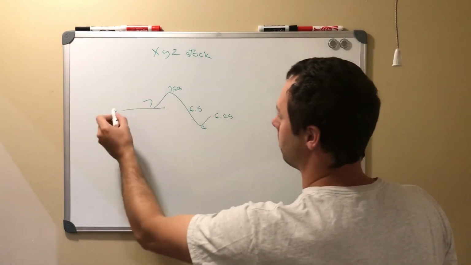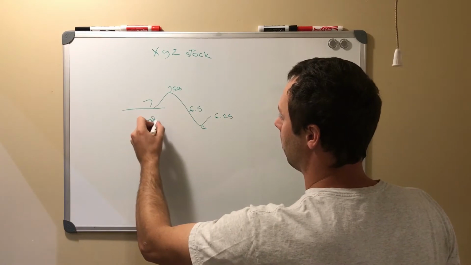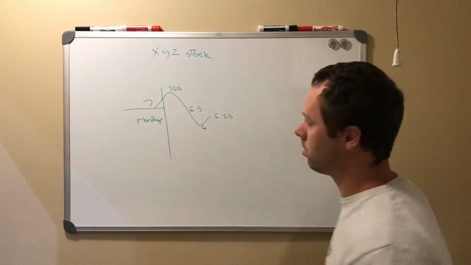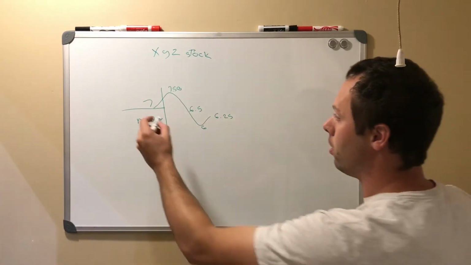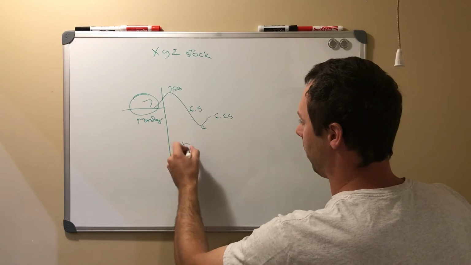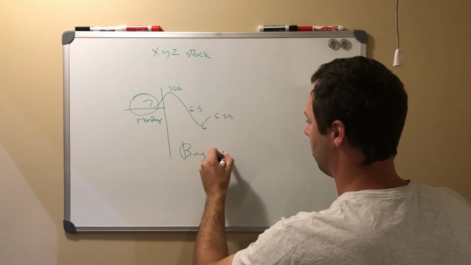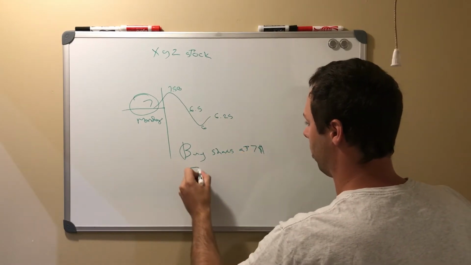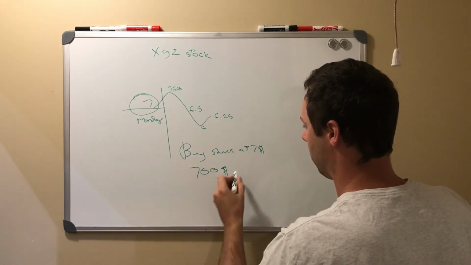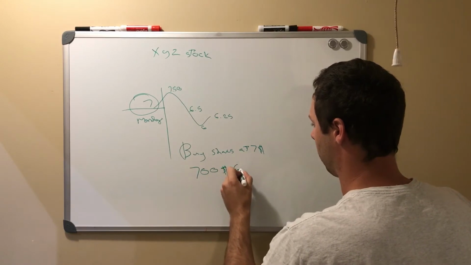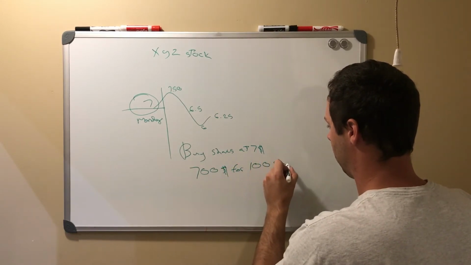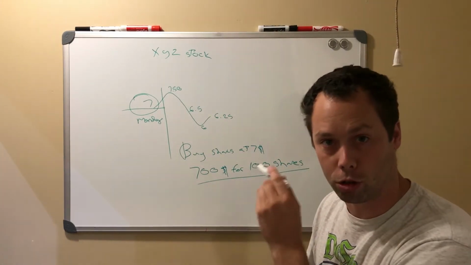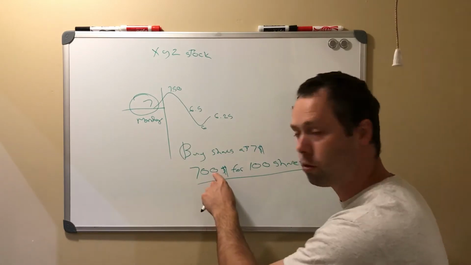It's all over the place. But let's say this is Monday, and you can't see any of this. So you come in on Monday, okay? You're gonna buy shares at $7. So you're gonna have $700 for 100 shares. Because in order to sell one covered call, which controls 100 shares, you have to own 100 shares of